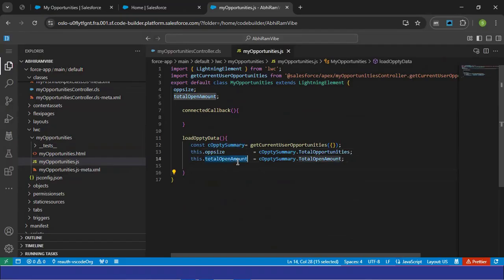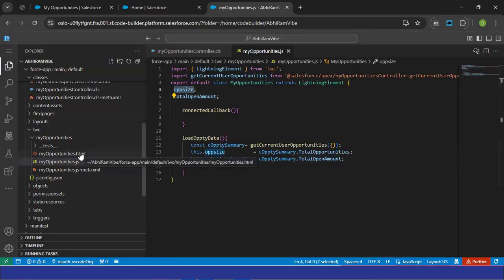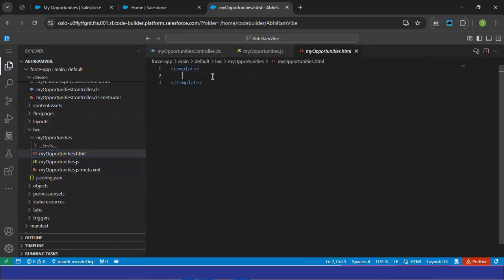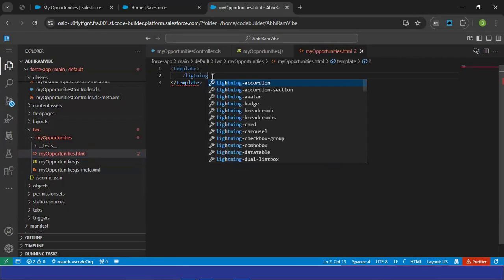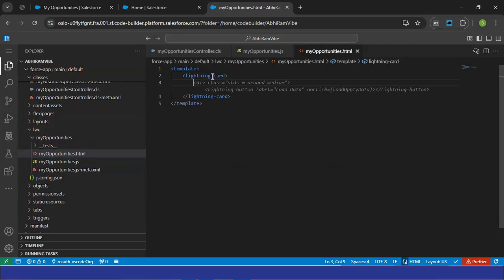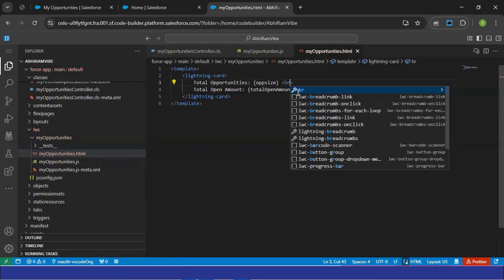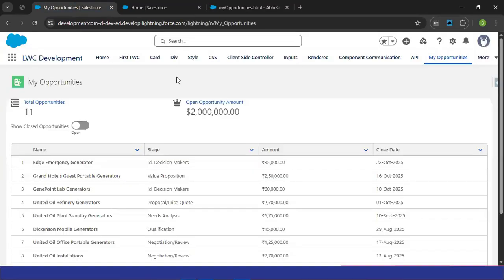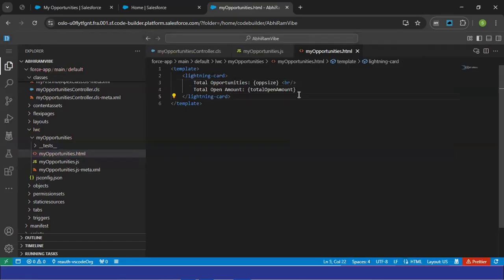Let's save. So now in the HTML we are going to display that one. So here we are going to take it by the lightning card. At present we are going to display here total opportunities and total opportunity amount, open amount. Okay, size equals to. So here we are going to give some break or side by side. Actually, we can realign it later. At present, we are going to display the data properly first. Let's save,